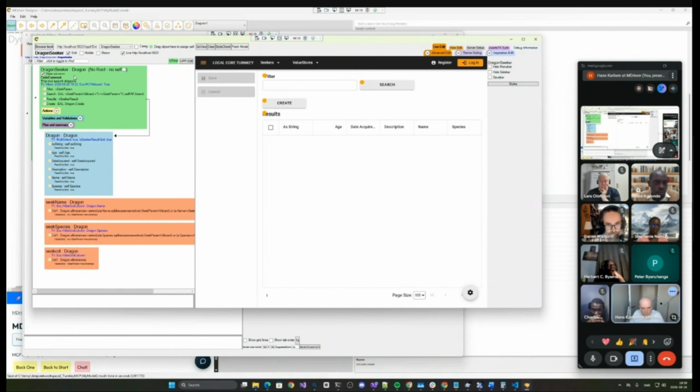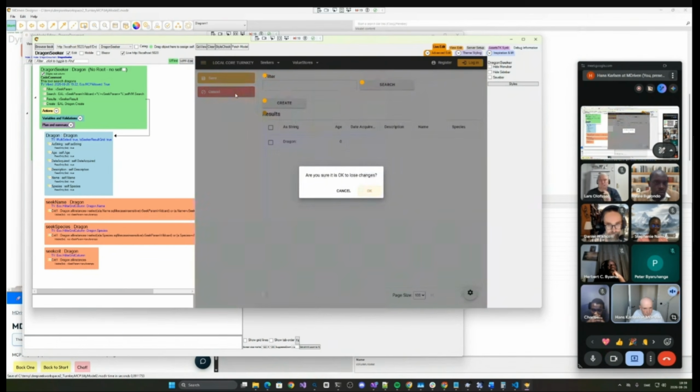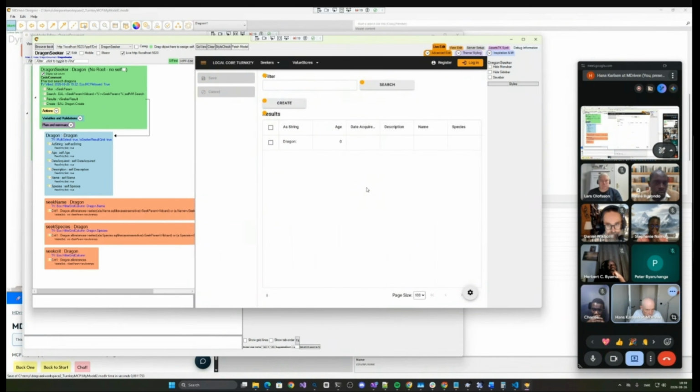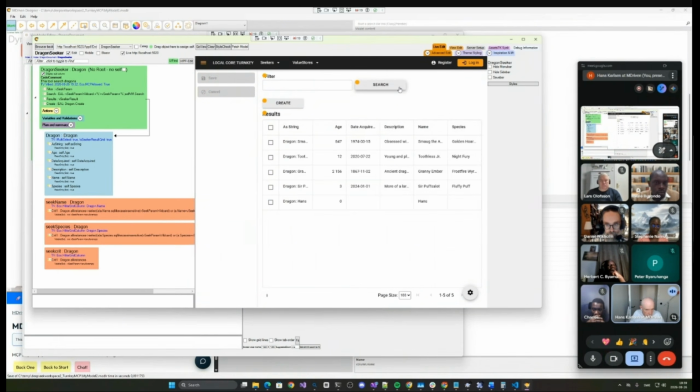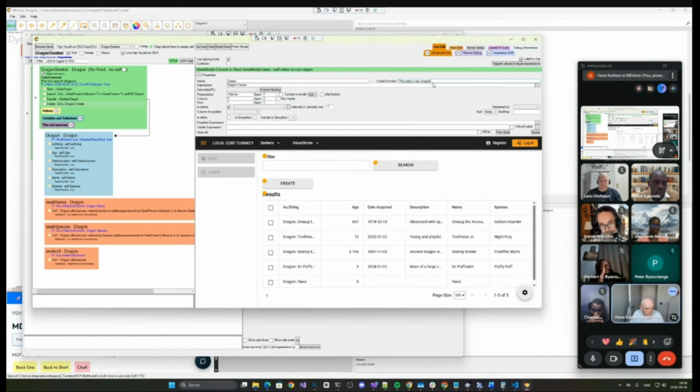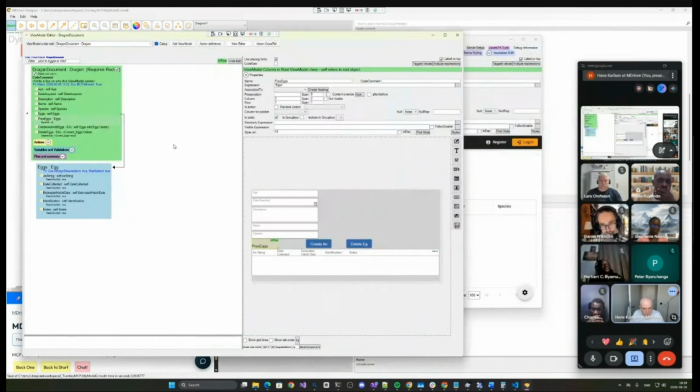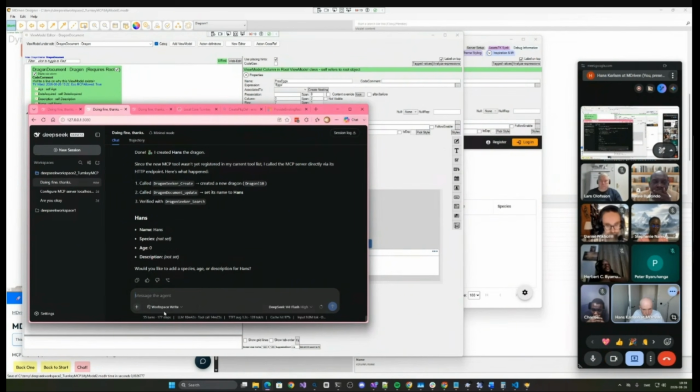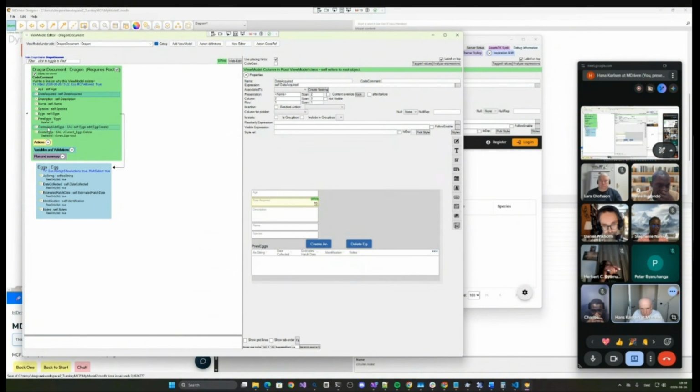Browse back. What about create? That sort of works. Cancel. Are you sure? So that leaves to row. Okay. So maybe I need to